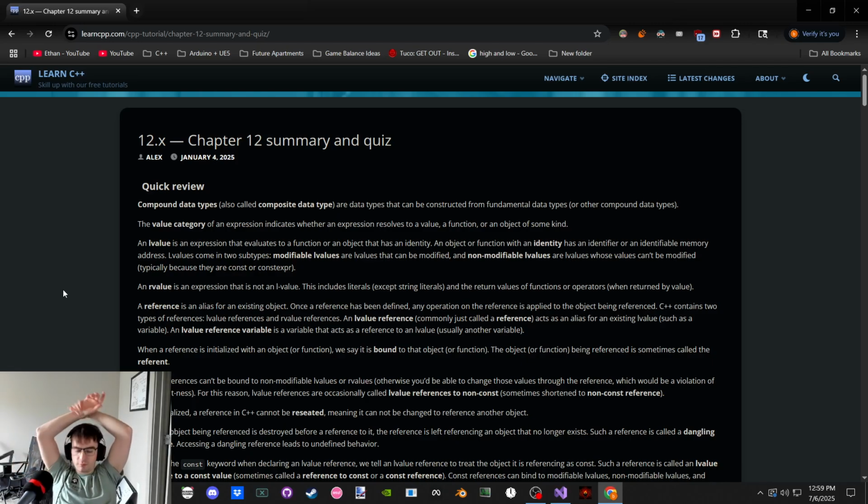Oh, okay, so maybe the value category for a pointer or a reference is an object, whereas the value category of the object itself is a value, whereas the value category of a function might be an object or a value. And maybe if we even have such a thing as a function pointer, which apparently we do, the value category of that pointer would be a function, something like that. It seems like it's the low-level data type, the data type of the thing that's being returned. For a function, it's just a value. For a pointer, it's an object, because we're looking at an object through the pointer.